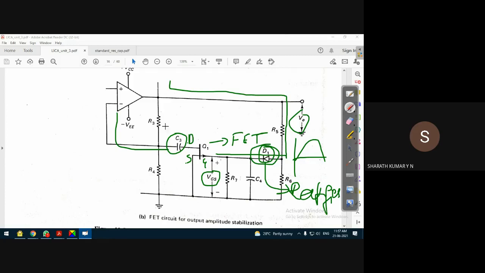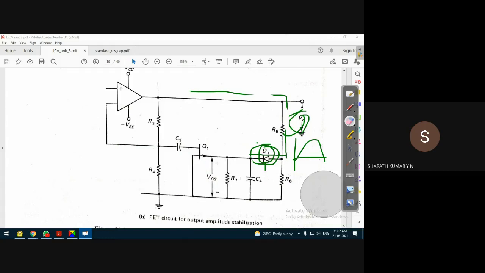Now from this network there are two potentials at this junction. One is due to the voltage across R4 and another due to the conduction state of the FET, which provides the current to the capacitor, which charges to the output voltage whenever the FET is turned on. So the voltage across the capacitor is fed back as a voltage to the inverting input terminal. If you observe this network more closely, we have other components also, R7.